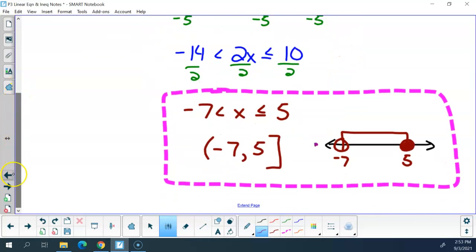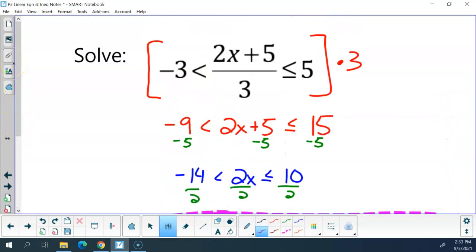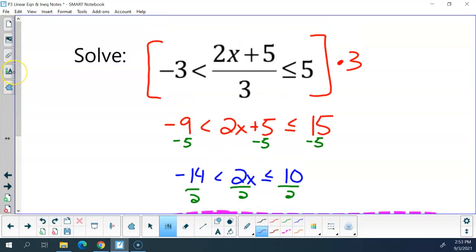If I try a number in the middle, like 0, it should be true. 0 plus 5 is 5, divided by 3 is 5 thirds, so like 1 and 2 thirds. That's bigger than a negative number because it's positive, and smaller than 5, so it works out. And then I have to try a number way over here too, like 10. 10 times 2 is 20 plus 5 is 25. Divided by 3 is a little bit more than 8, 8 and 1 third. So yes, it's bigger than